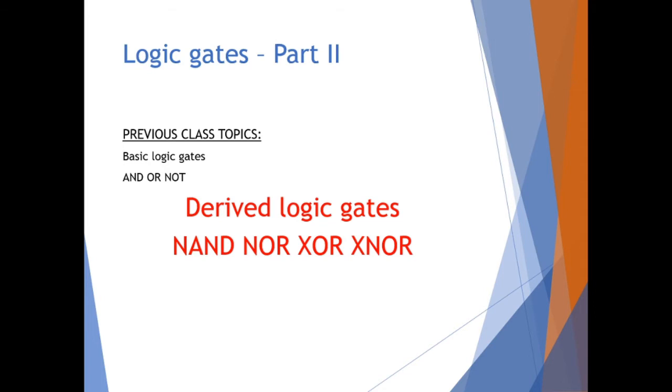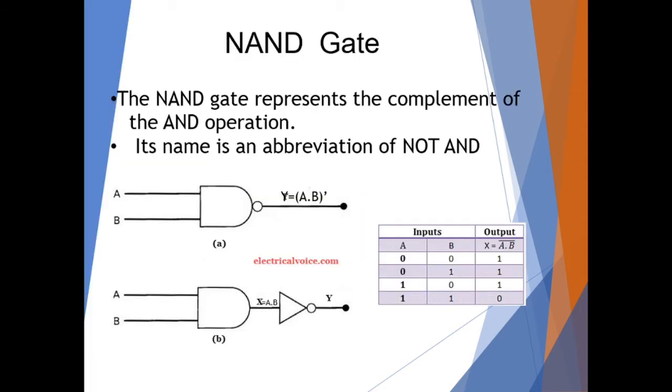First, let us come to NAND gate. This is a composition of two gates. First, look at the symbol. NAND gate uses the symbol of AND gate with a small bubble at the output side. That is, NAND operation means AND operation followed by a NOT gate. Here you can see a NAND gate and here is an AND gate, and the AND gate is followed by a NOT gate. When an AND gate is followed by a NOT gate, you will get NAND operation.